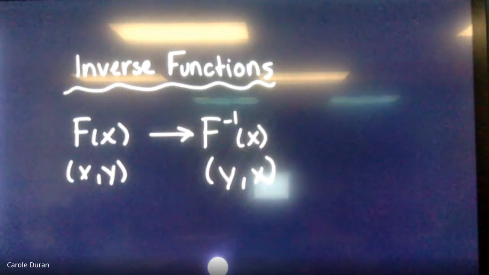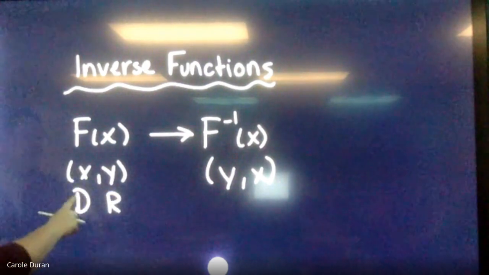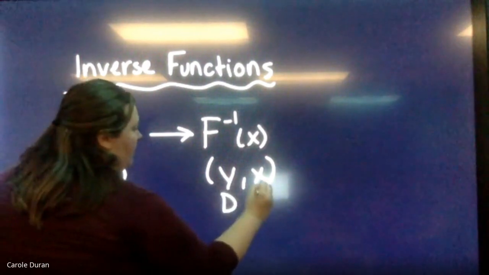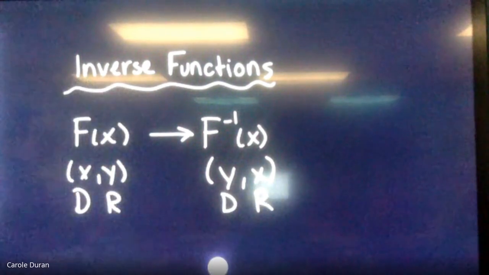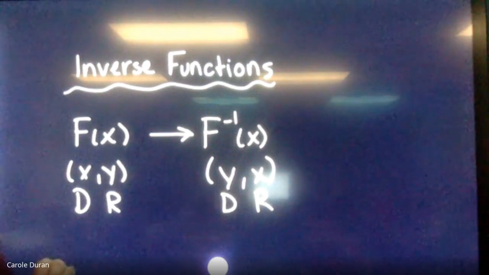The domain becomes the range of my inverse, and the range of my original becomes the domain of my inverse. Just remember that x in our original is our domain, y is our range. But then the y becomes the domain, and the x becomes the range for an inverse. So everything literally just flips. So looking at an example of this,